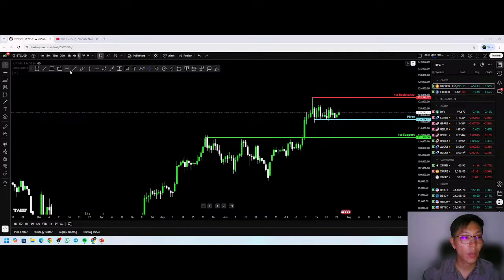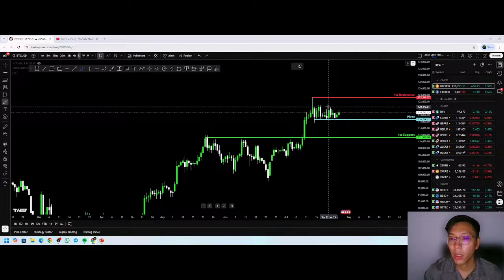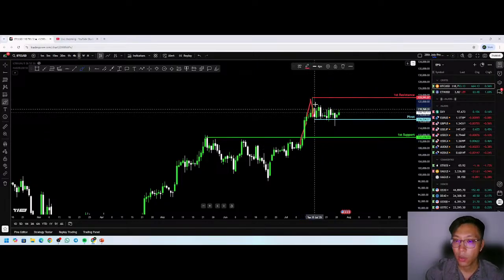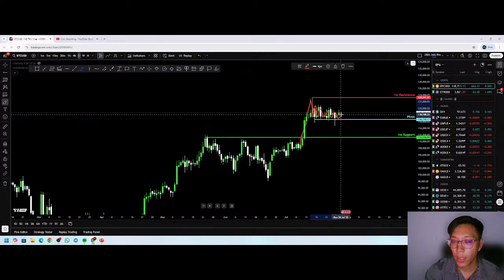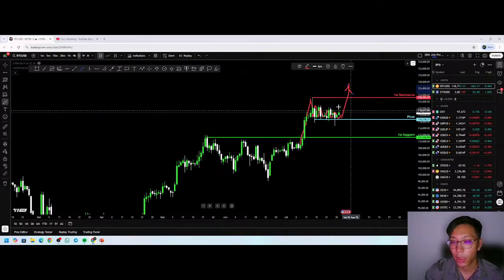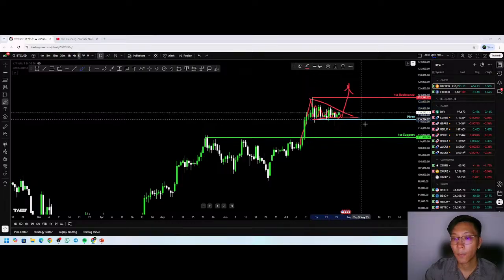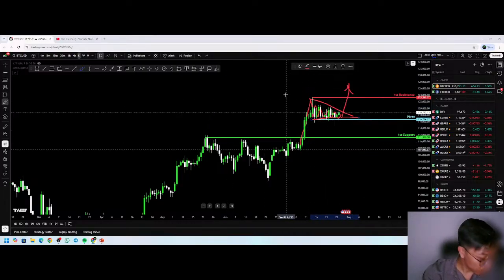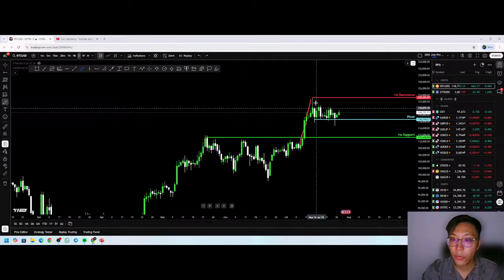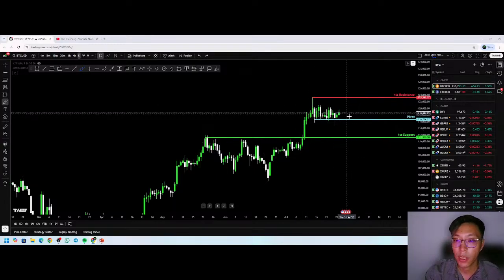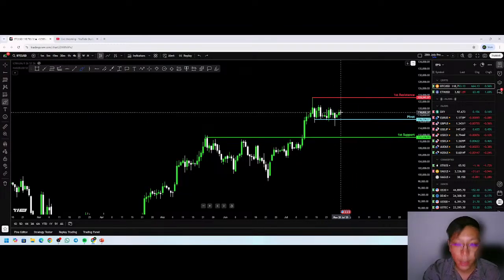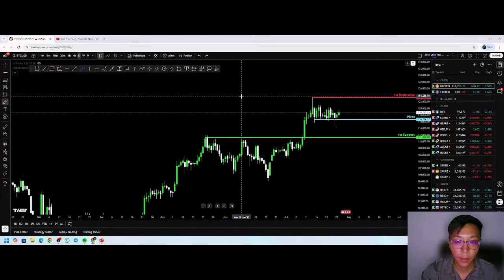Okay, so what we are looking at for Bitcoin, it likes to do certain patterns. Once it has such a strong movement upwards, it will consolidate a bit, right, and then afterwards it will create another strong movement, right? Bitcoin likes to do a lot of these flat patterns. So if you guys trade Bitcoin, I'd suggest waiting for price to tap into this pivot point area again, and then you can take buys.